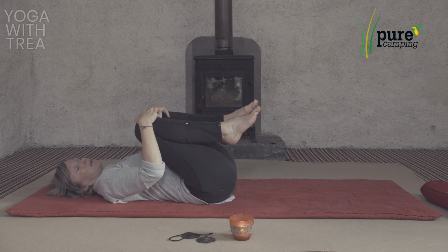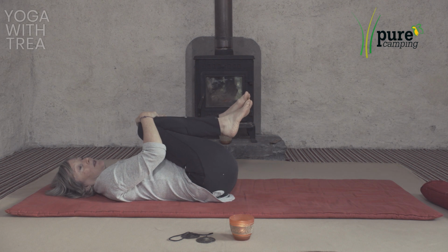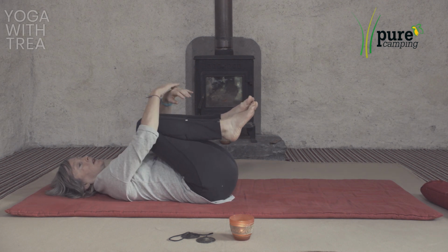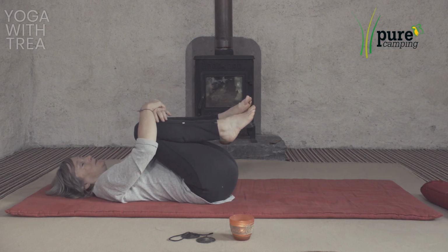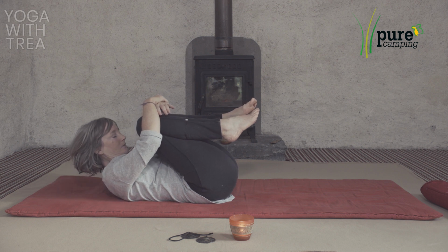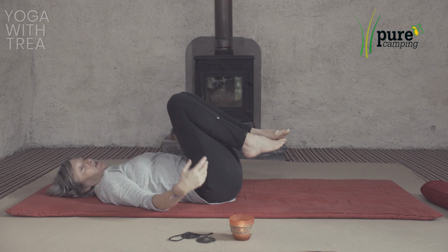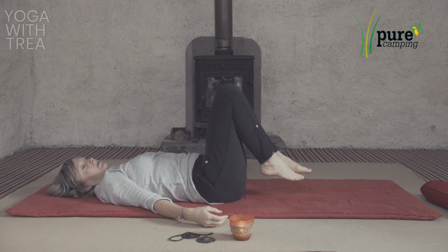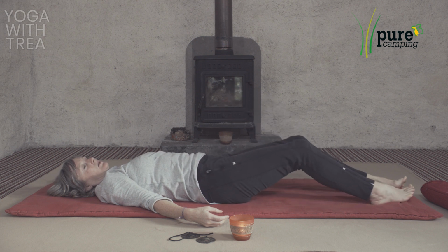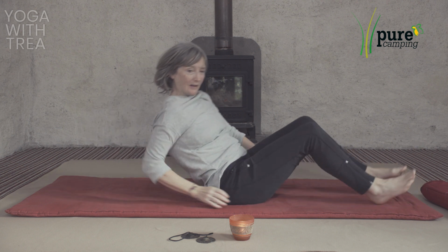You might have to shuffle a little bit from side to side to get them in just a little bit closer, to flatten the lower back just a little bit more. Hug them to the chest. Tuck your chin down and lift up. And then lie again in Shavasana. Lie in Shavasana, the legs stretched out, feet a little apart. Arms alongside the body,